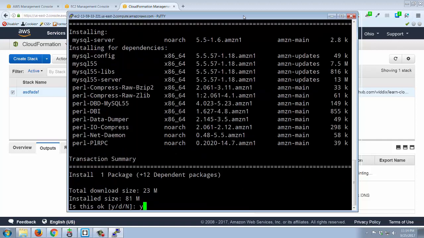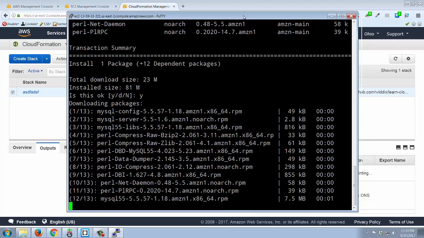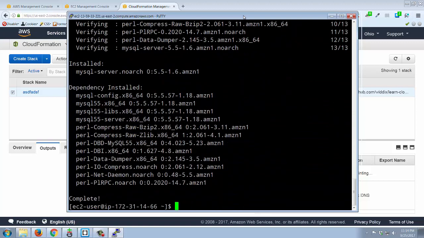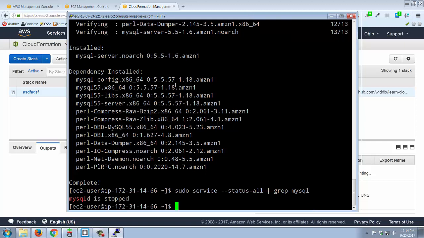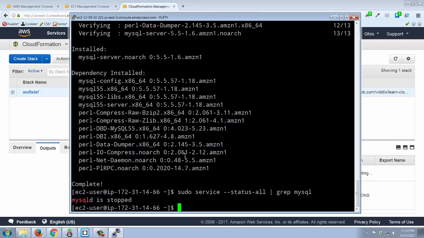Okay, so it goes through this. Yes, we want to do all that. Doesn't take very long. Okay, once again, notice it's not running, right? Because generally, by default, under Amazon's Linux, when we install it, the server does not get started by default. Whereas under Ubuntu, we see sort of the opposite behavior. We do the install, and it does in fact automatically run it. Now let me go ahead and run this. So I'll say sudo service